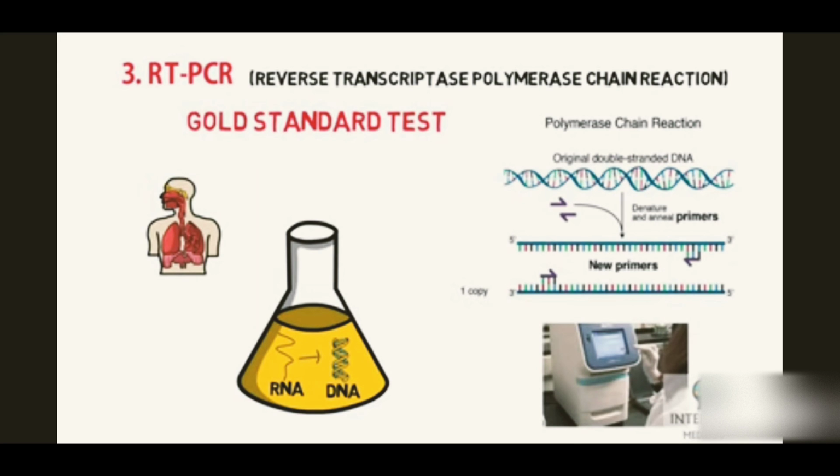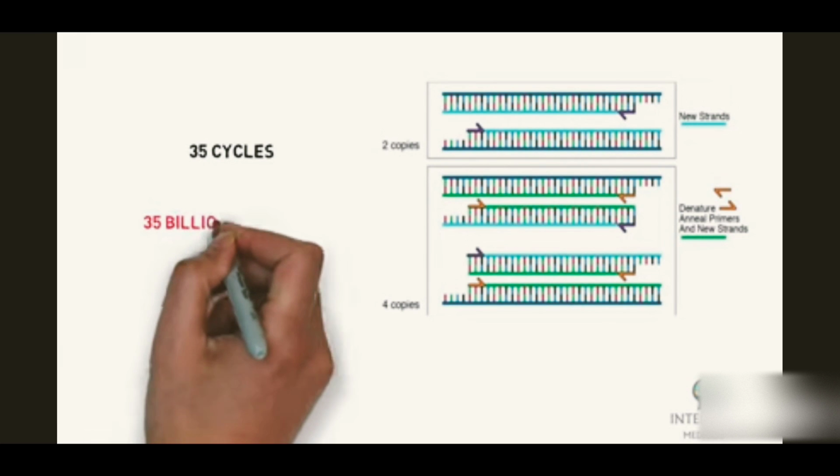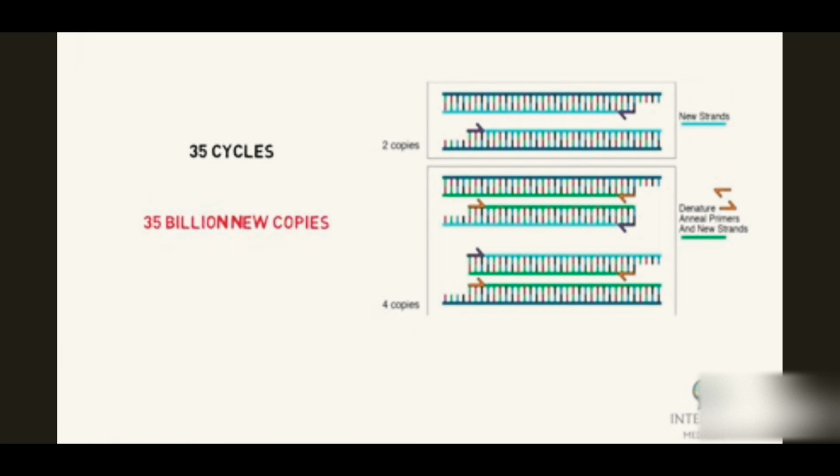The machine cycles through temperatures that heat and cool the mixture to trigger specific chemical reactions that create new identical copies of target sections of viral DNA. The cycle repeats over and over to continue copying the target sections of viral DNA. Each cycle doubles the previous amount. 2 copies become 4, 4 copies become 8, and so on. A standard real-time RT-PCR setup usually goes through 35 cycles, which means that by the end of the process, around 35 billion new copies of the section of viral DNA are created from each strand of the virus present in the